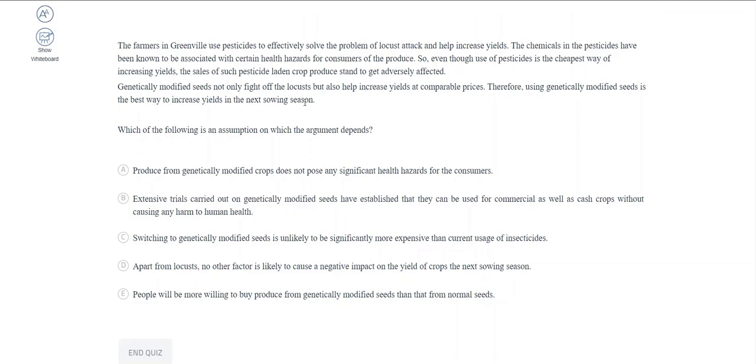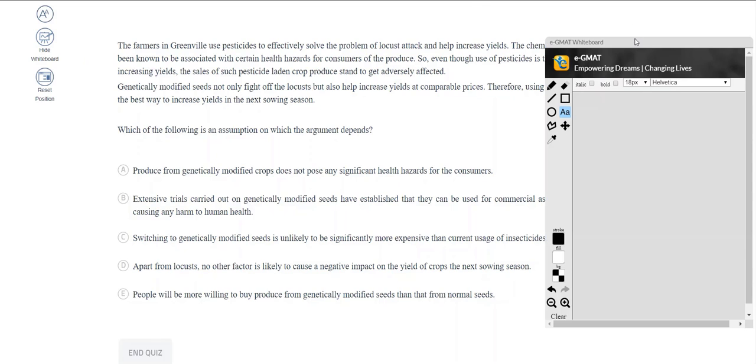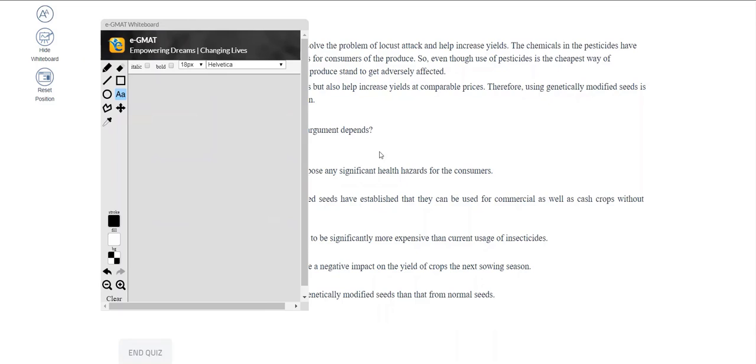Hey guys, today let's solve an assumption question using the whiteboard. So here I have a question from Scholarinium. Let's open the whiteboard, and the first thing you probably want to do with the whiteboard is resize it as